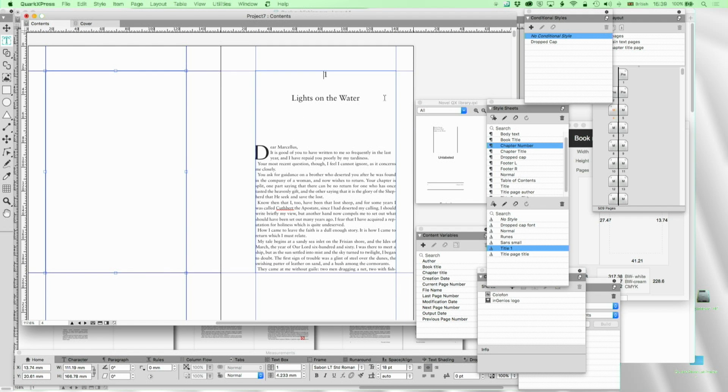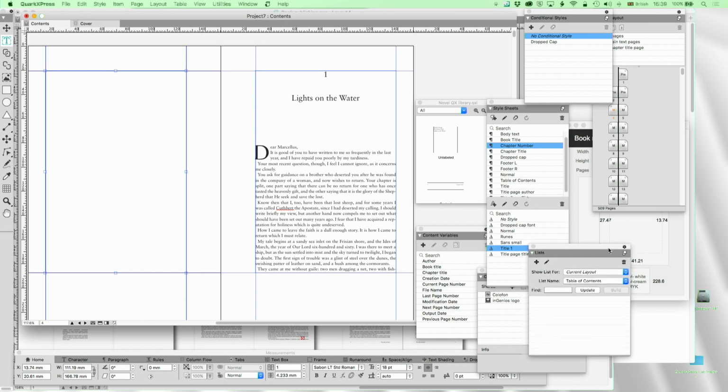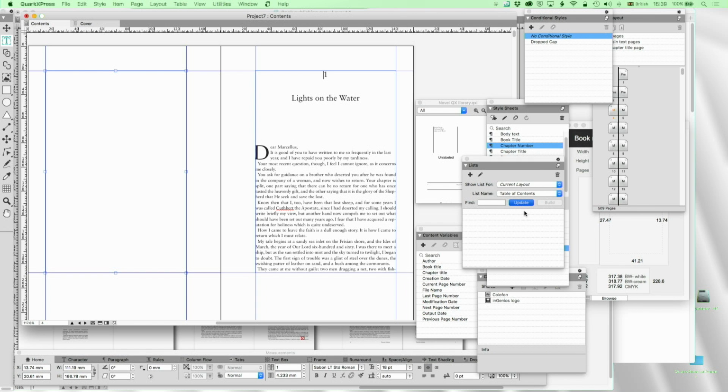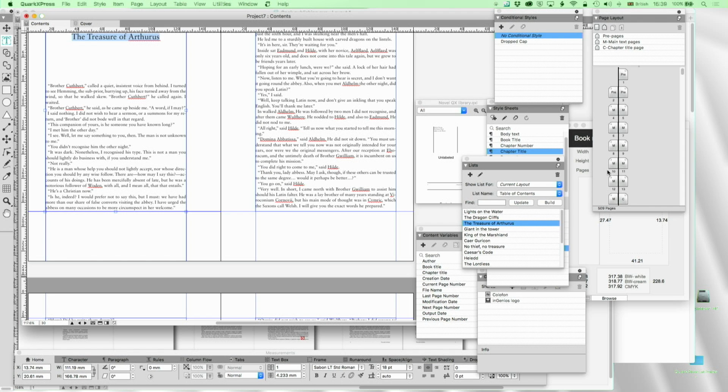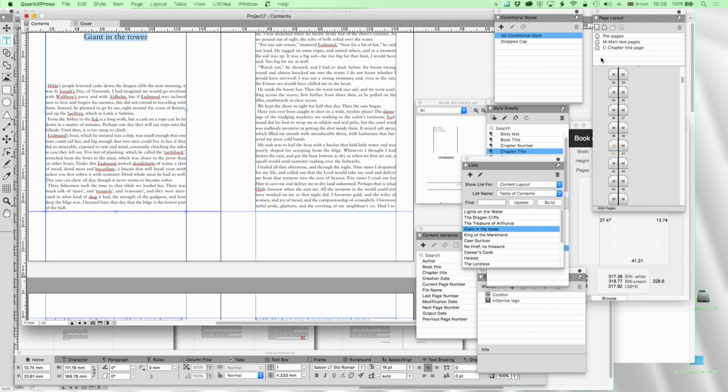And what we're going to do is, if we now go down to the list, we'll see that, update that, we now have a list of each chapter. We can just double click on that. And this is going to be important because if I now change those to the chapter title page, then I can go through that and make sure that they're all going to have the correct page to go there. And now if I go back to my master page